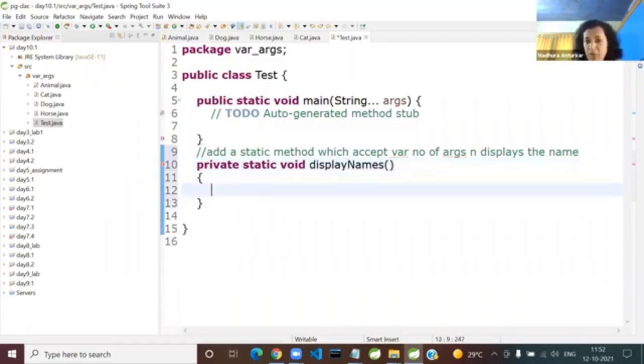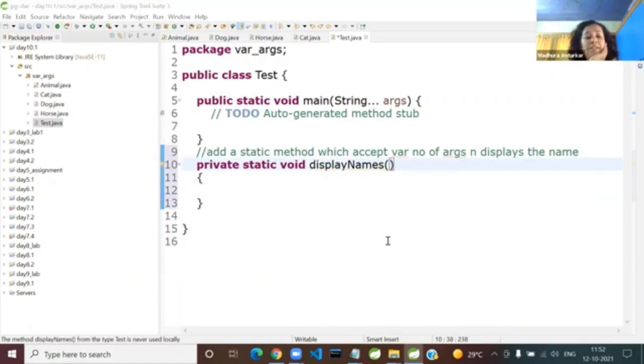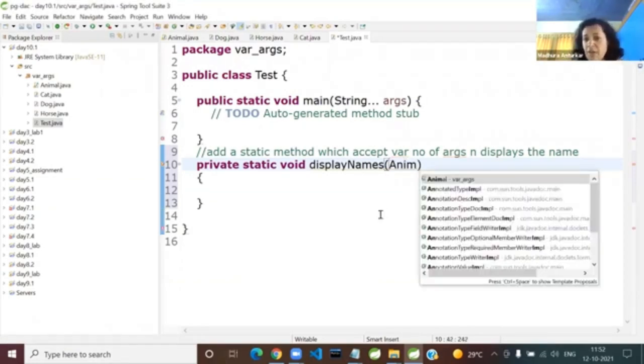I just want to know what should be the method argument here. Tell me, I'm writing, looking at your answer. What should be the argument here, the method argument? Type it out and I'll check. Absolutely correct. So here, variable number of arguments. But guys, the triple dots cannot come after the variable name. It has to come after the type. So here I'm saying Animal,